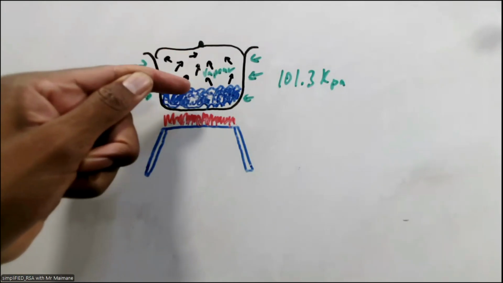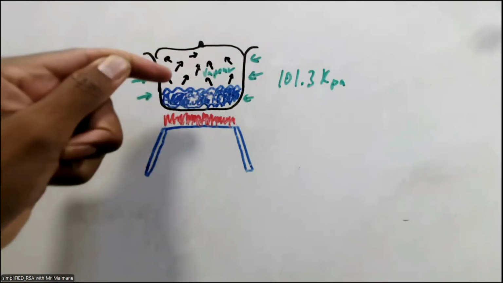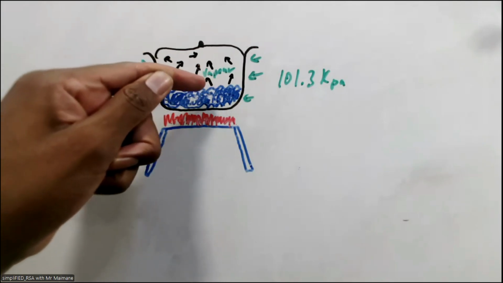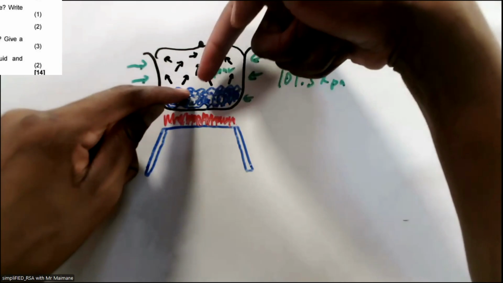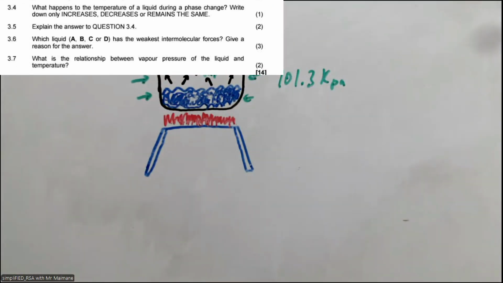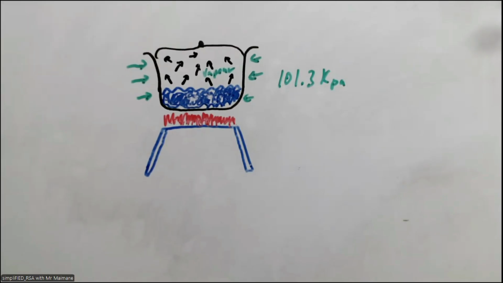There's no more energy remaining for the kinetic energy. There's no more energy remaining to break even more particles, such that whenever you put a thermometer there, the temperature will still remain the same. So that's our answer for 3.5. And then 3.6,